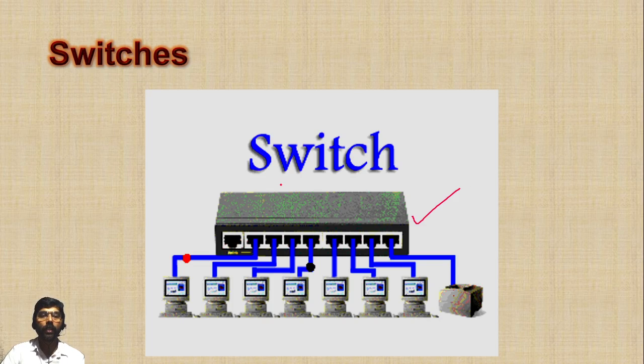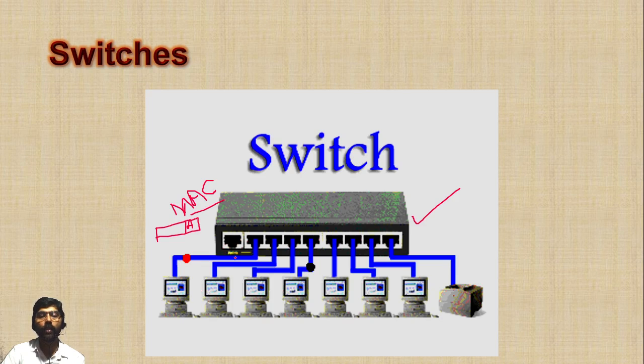The switch receives the data in the form of a data frame. Whenever it receives the data in the data frame, the data frame contains the address of the destination. It is in the form of a MAC address. MAC means the physical address of the computer. This address is unique in each computer. This address is stored in the NIC, meaning network interface card, of each computer.